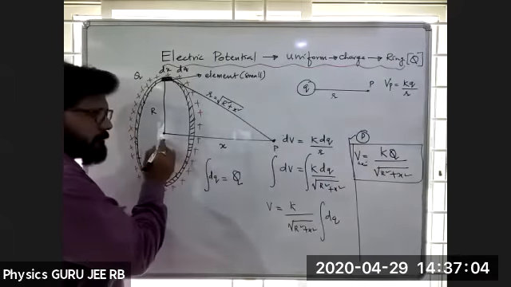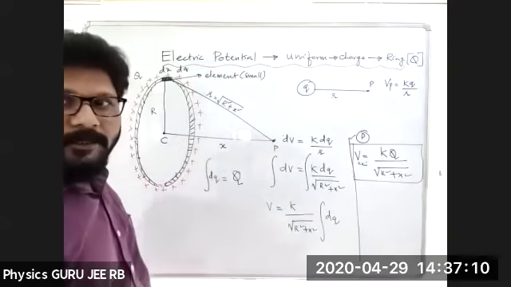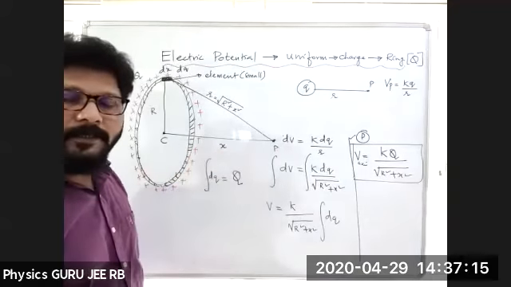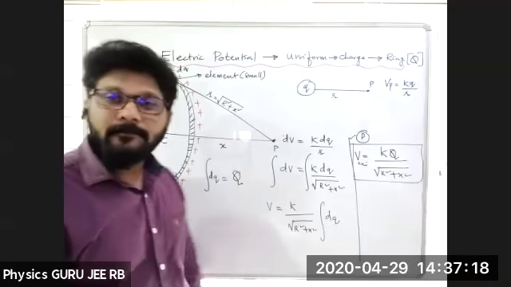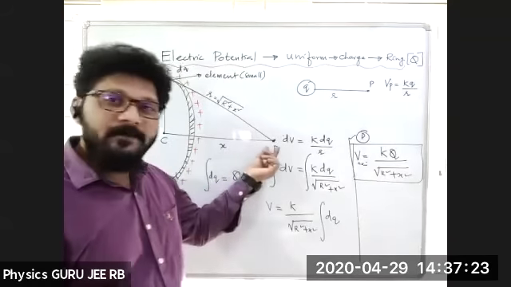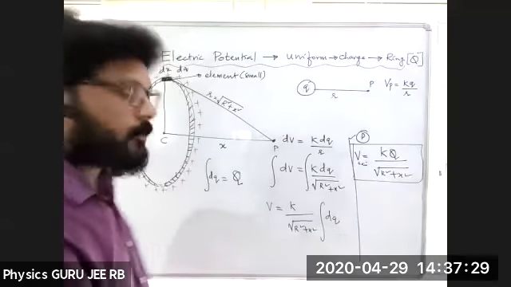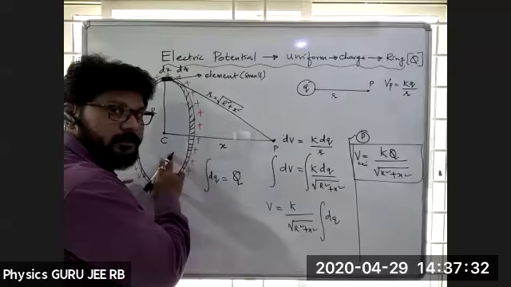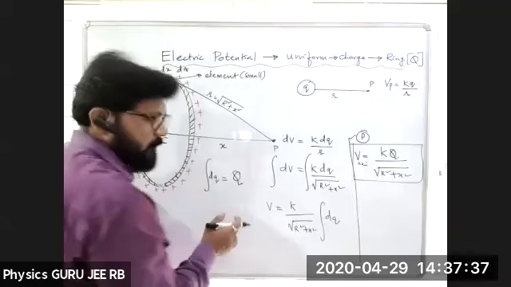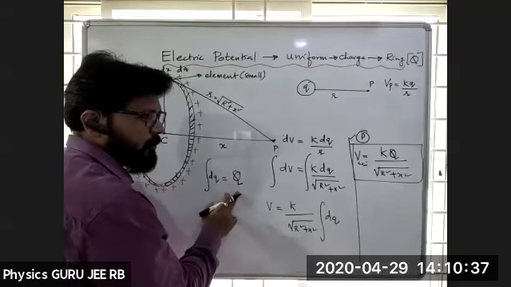Now coming back to this one, at a point P we got. If I take it to center, what happens to x? Can anybody tell? If you take this point P to C, what happens to x? 0. Okay. It will become 0, right? So x will become 0 if you shift from P to C. Fine. Integration of dq is nothing but q.